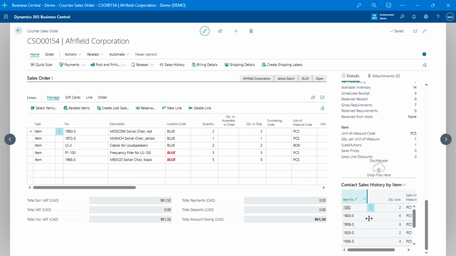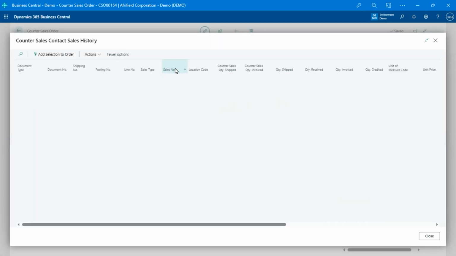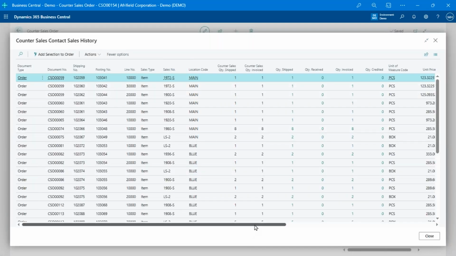Janice here is a cash customer. She actually has a company name, but she's a cash customer. We can track that sales history at the contact level. So again, if this was a cash customer, generic person, and all we have is their name and phone number, we can still see everything that they've bought since the beginning of time, add this stuff onto the sales order as well if we want, or if we need more detailed information about what they previously bought, I can come in here, pick sales history, and I can see a lot more detail about what they've actually purchased in the